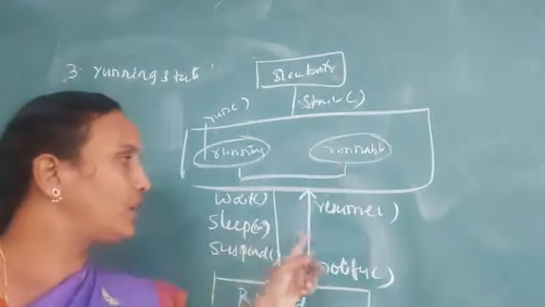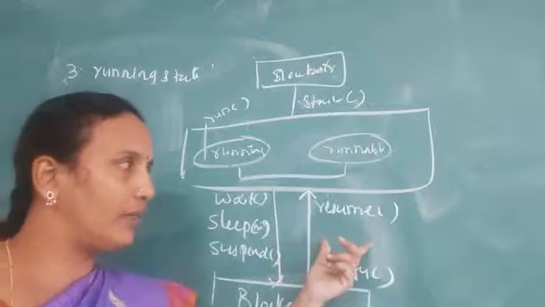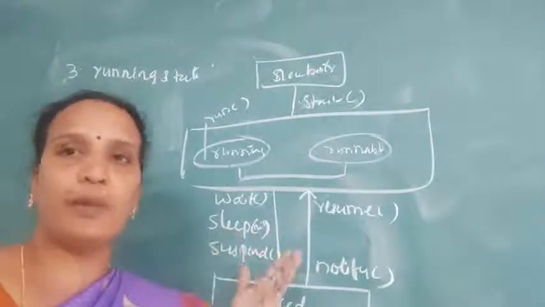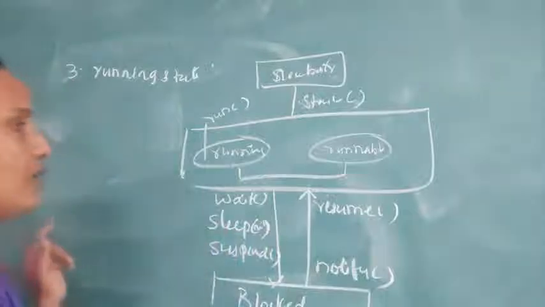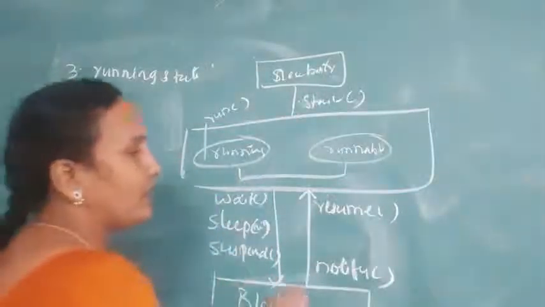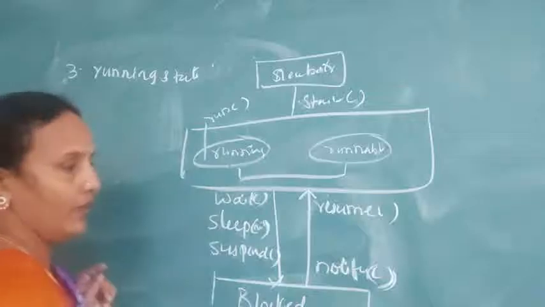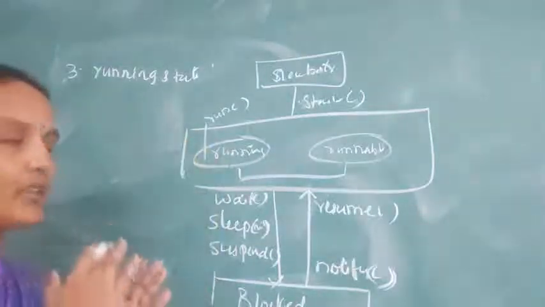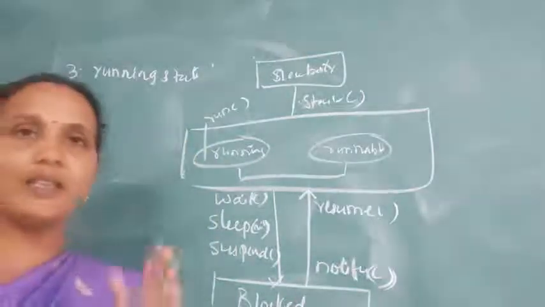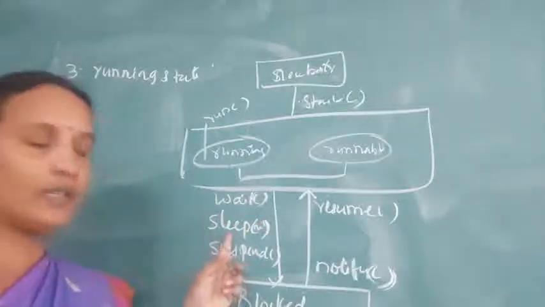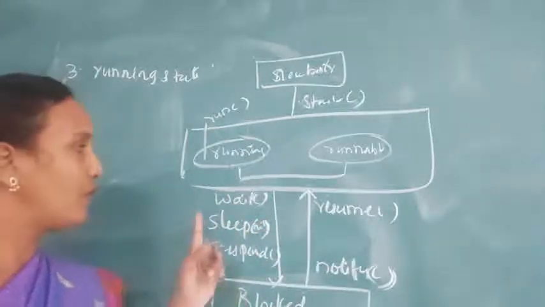So here you do not need to give any method for this. When the time is over, automatically the thread will wake up. Next, the wait method. With the wait method, if a certain condition is satisfied, you can give the notify. So you can move a running thread to the blocked state in 3 cases: using the wait method, sleep method and suspend method.